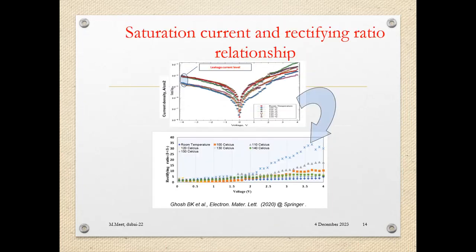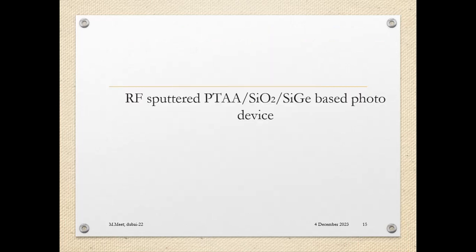But whenever I look at the IV characteristics, you can see that the forward and reverse currents are almost similar under dark illumination. It means that the rectifying ratio does not increase significantly, even though the annealing temperature is increased, and though there is no significant barrier issue between the zinc oxide and PTA materials. That is the only option that lessens this rectifying ratio, and that eventually makes a poorer signal-to-noise ratio in the ultimate devices. That's why we introduce the silicon germanium materials and the nanocrystal,